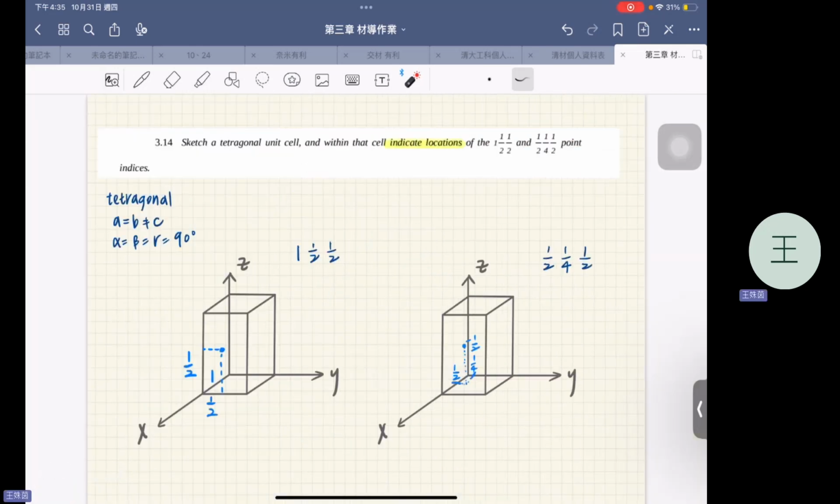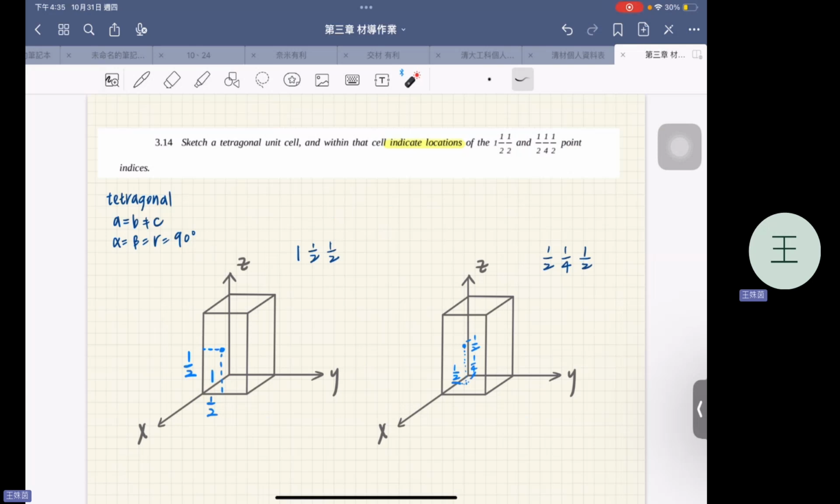Okay, so for 3.14, we want to sketch the tetragonal unit cell and indicate some locations. Normally the test won't ask you to determine the location. We will give you the location and ask you to determine its position. So it will be a bit easier than this, because it is pretty hard to draw a 3D structure